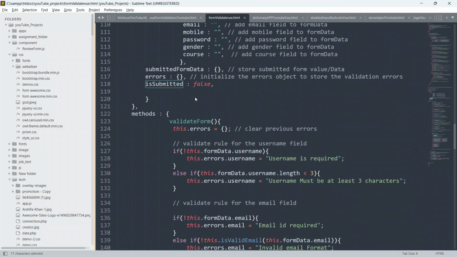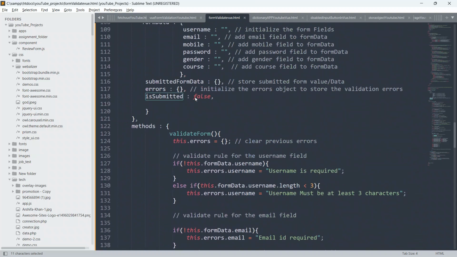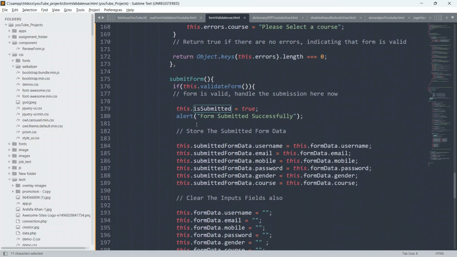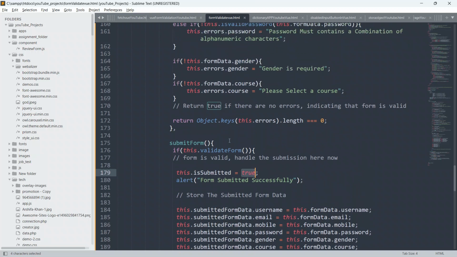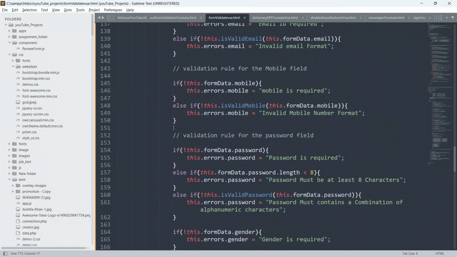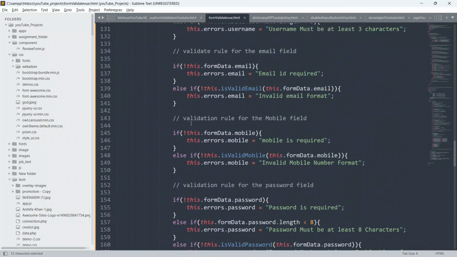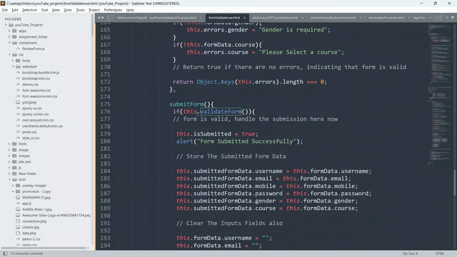Okay, so guys, after the form validation, that's why I have given here also this.isSubmitted to true. Now, as you all know, our form has already been tested and there is no error. Inside this form validation only, I have made this.isSubmitted equal to true, because our form is submitted successfully. All the details and information have been filled in by the user correctly, all the details are correct and good, then only I have made this.isSubmitted true.